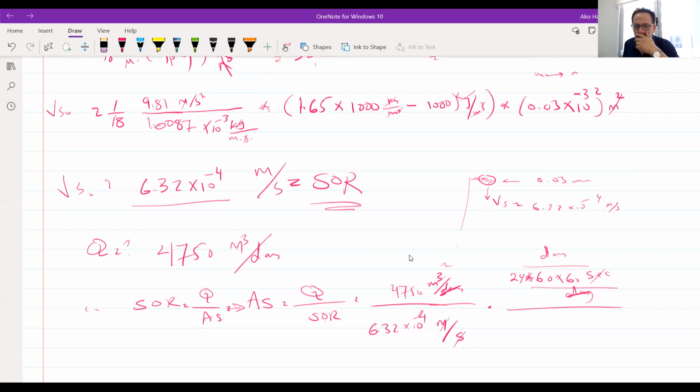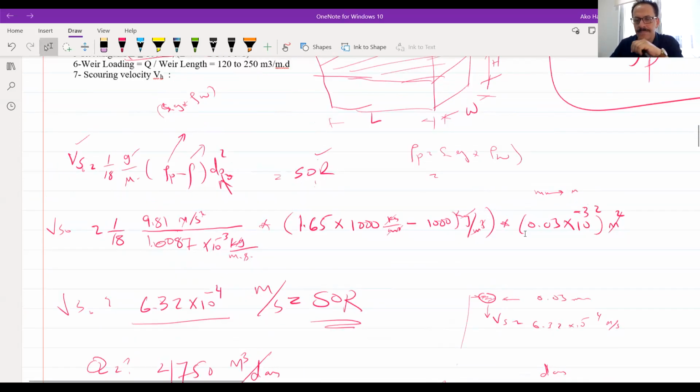Dr., but yes, the value that I get from the VS is totally different from this value. Why? Actually, I don't know. I repeated the calculation 100 times, but it is different. I got 2.95 multiplied by 10 to the power minus 4. Have you squared this point? Yes. Let's check that one.